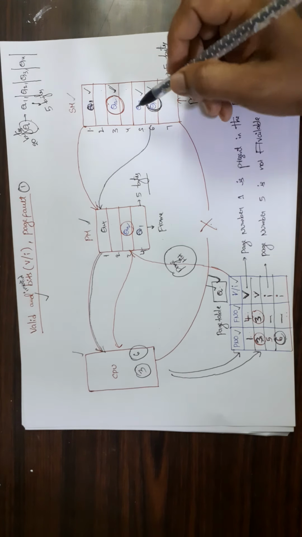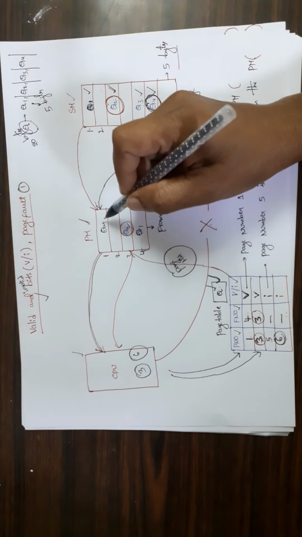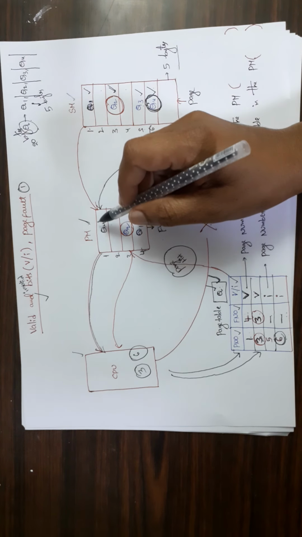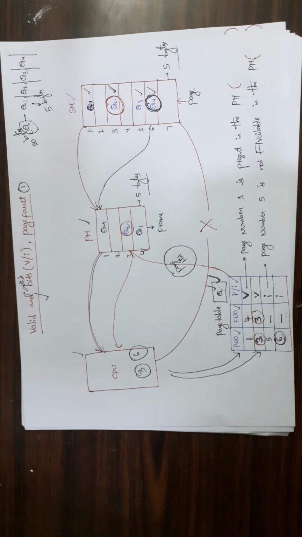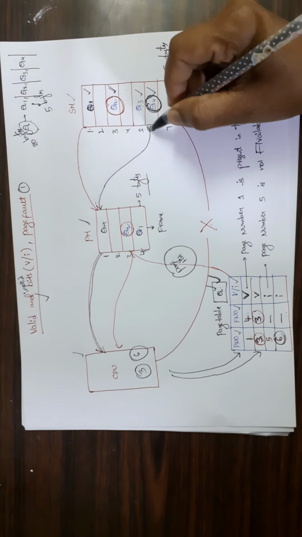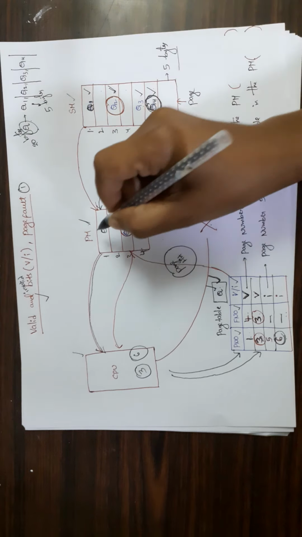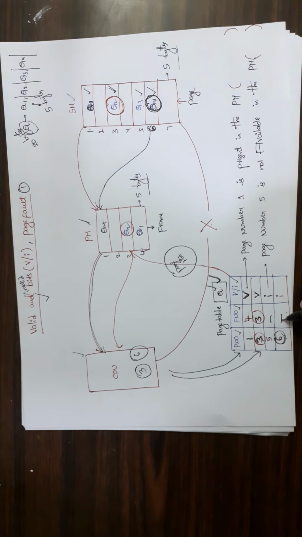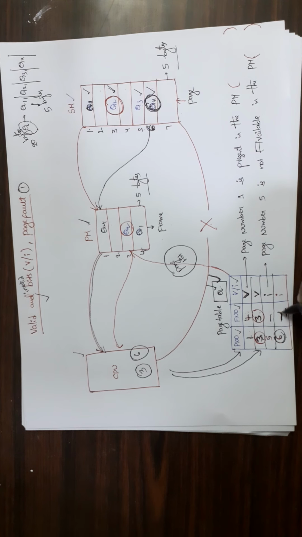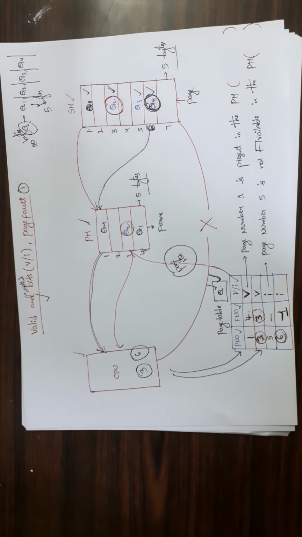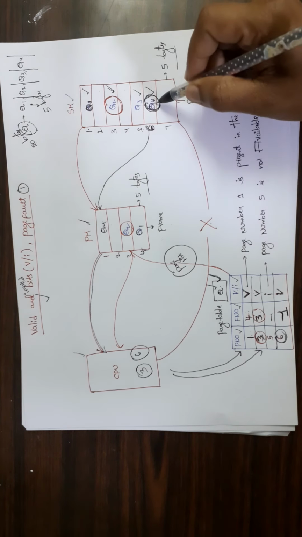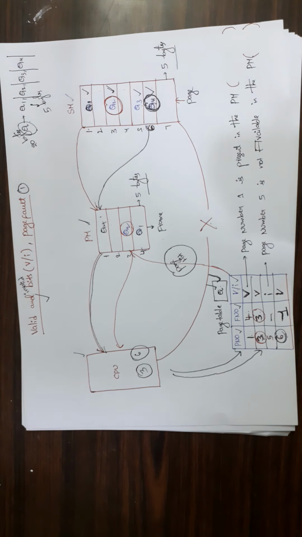So when we have loaded Q4 from secondary memory to the primary memory, at that time the page table entry for 6 will also be modified. So page number 6 is this one, right? Page number 6 data is Q4. It is stored in frame number 1. So here the page table is modified and the frame number is set to 1. Now the valid and invalid bit contains V. That means now Q4 is available in the primary memory. So the valid and invalid bit becomes V.